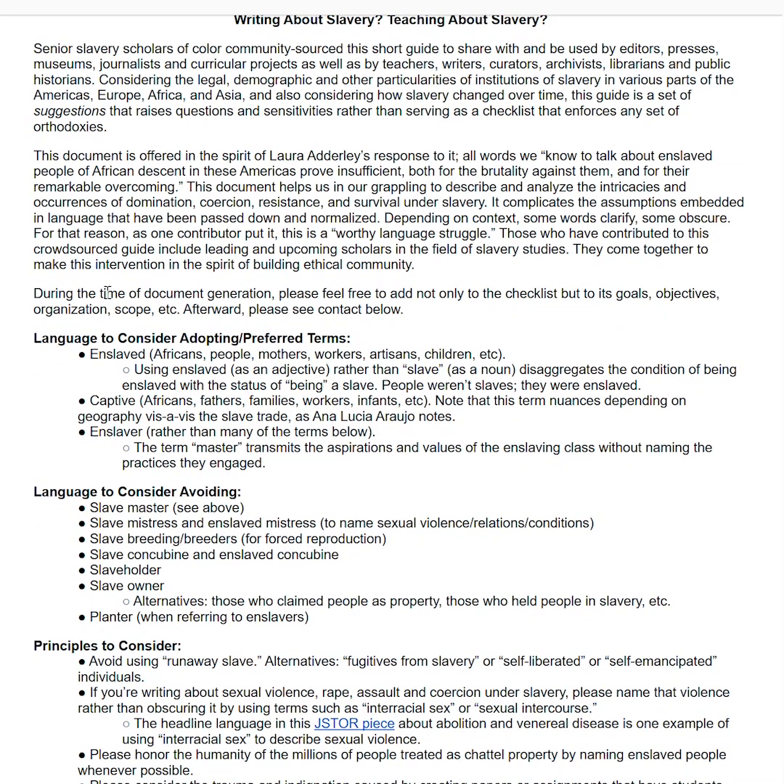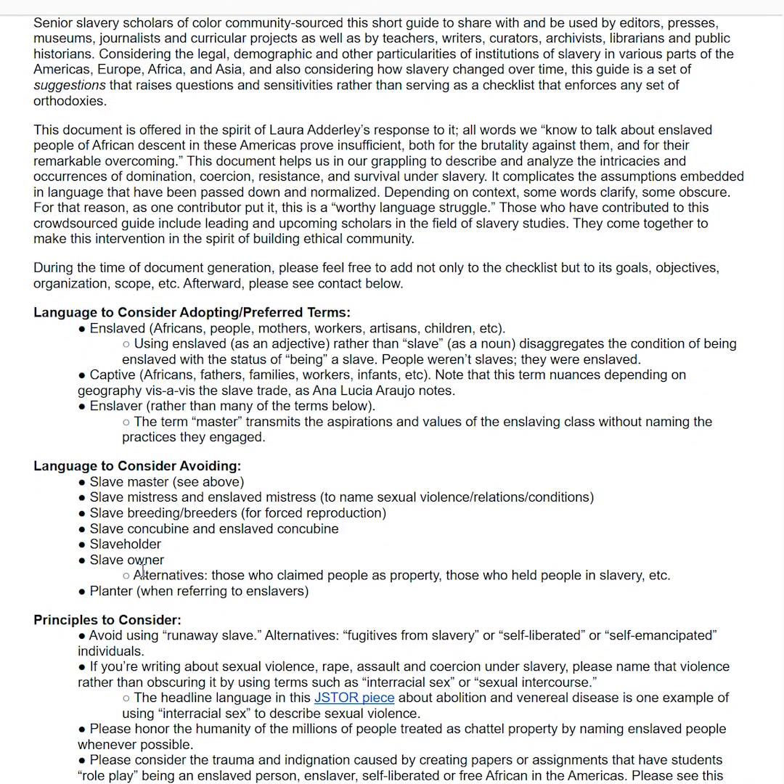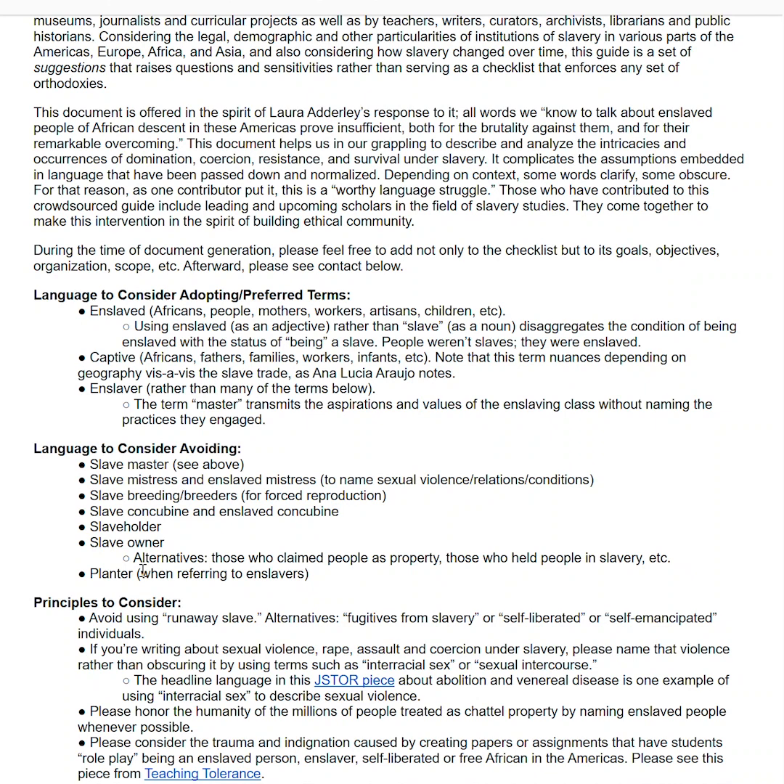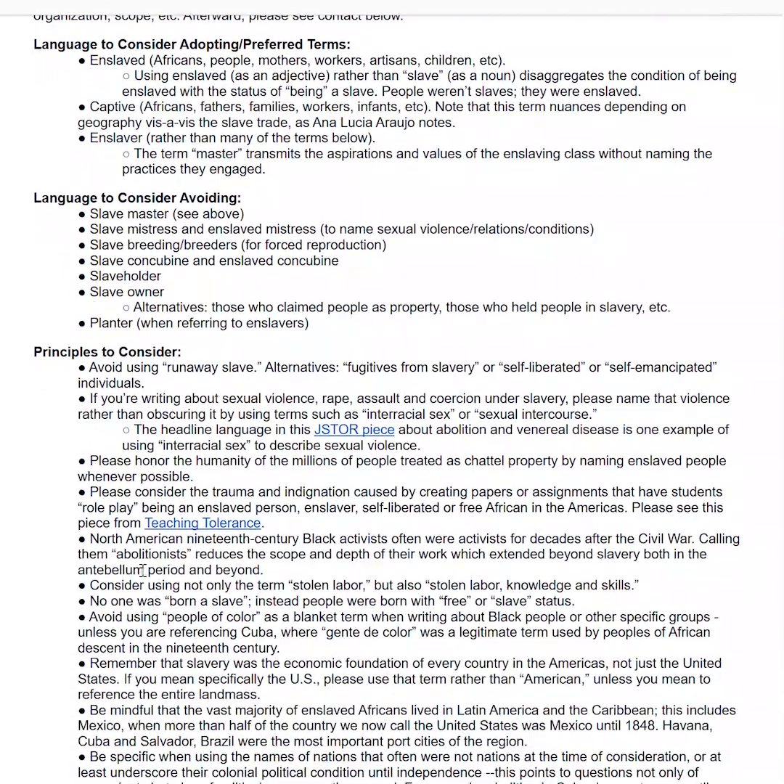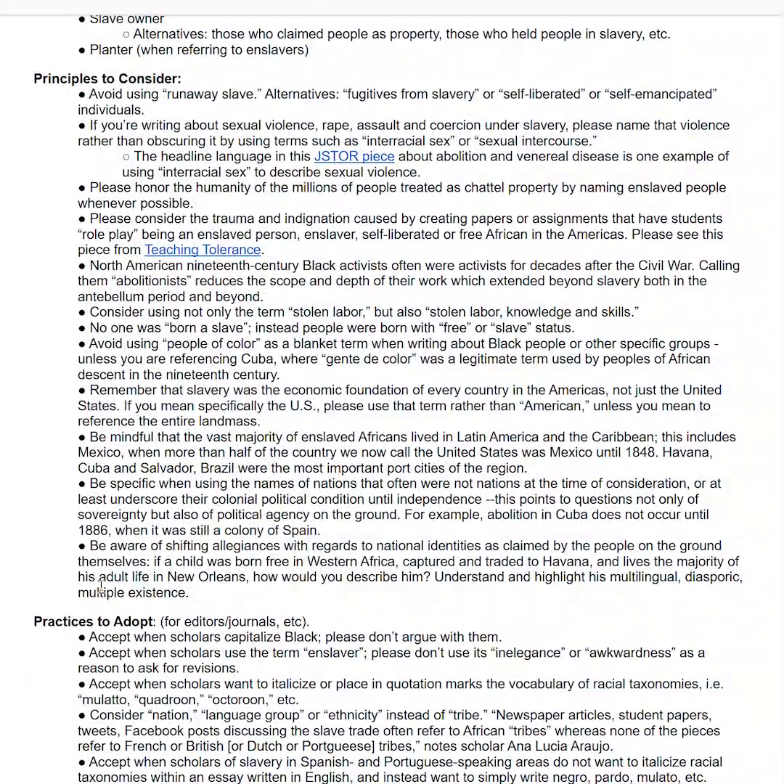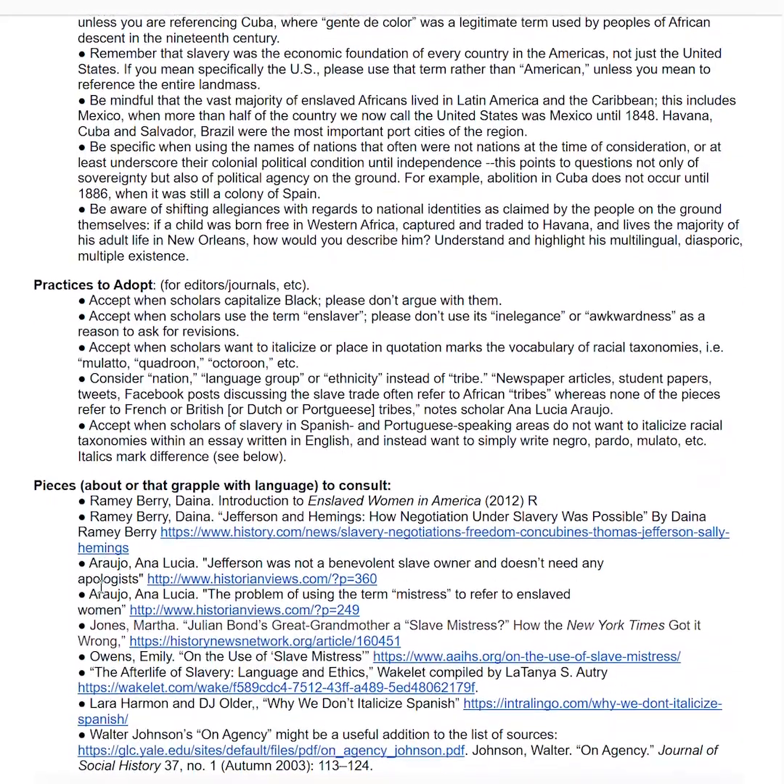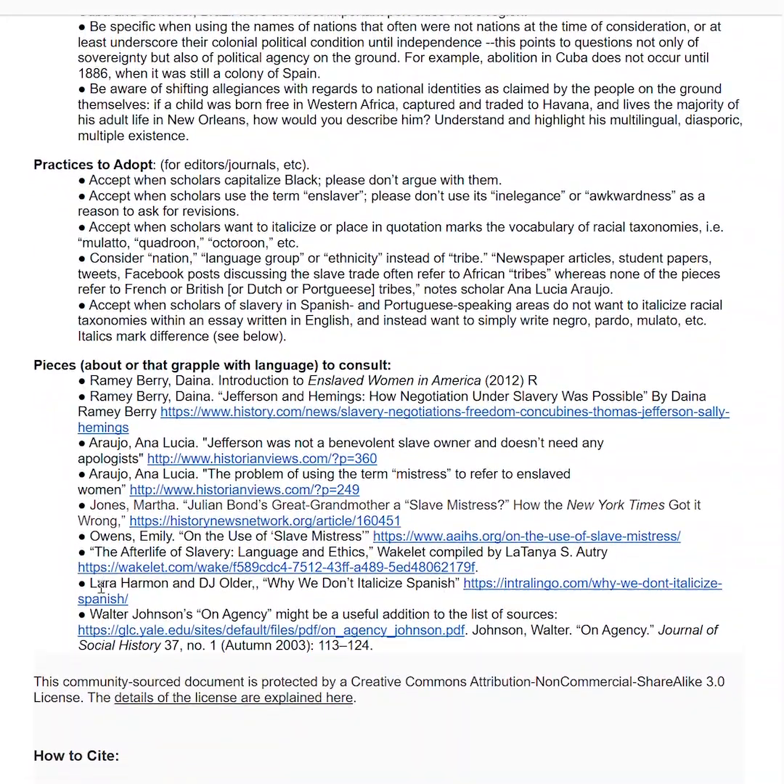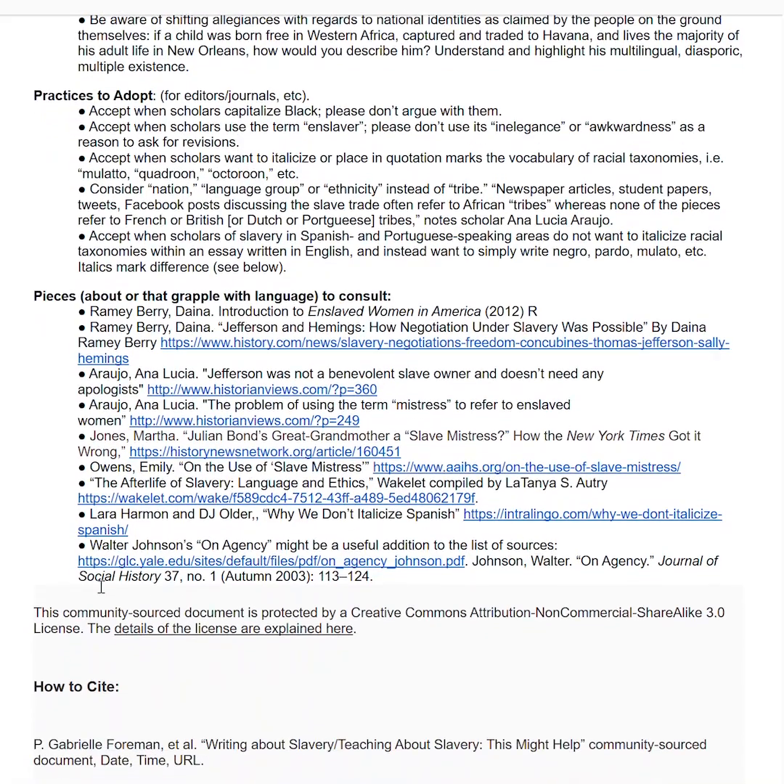So, language to consider, adopting terms. Here are some terms that are used instead. And then, language to consider avoiding. This is what you will not tolerate being spoken or written within your classroom. It also talks about principles to consider, things to avoid, things to honor and consider, things to be mindful of, practices to adopt, and then some important resources that you can use in your